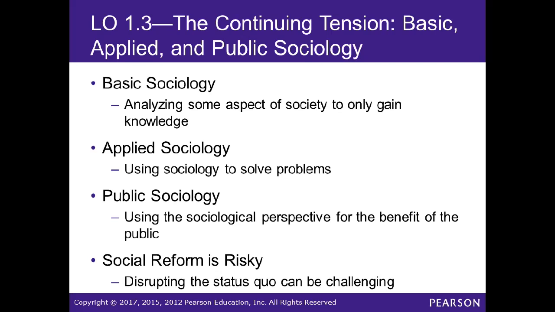I believe it was Dr. Henry Gates. He worked with some of the, remember Colin Kaepernick when he began to do the protests when he played for the San Francisco 49ers? They have certain sociologists that work with some of the professional athletes, to help them through some of the things that they're going through. So there are different roles and capacities of being a sociologist as well. Applied sociology, you use sociology to solve problems, and public sociology, you're using a sociological perspective for the benefit of the public. We're going to talk about this a little bit more.